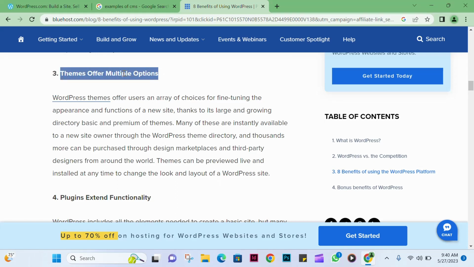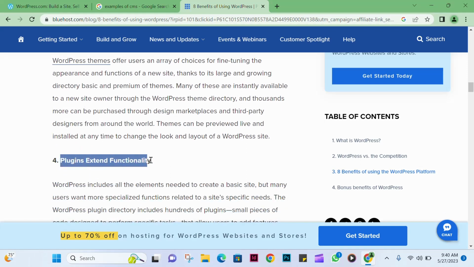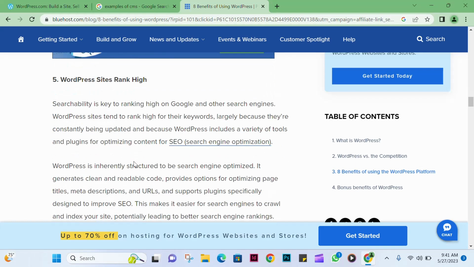We shall see what themes are. Themes are like appearance, how this website looks. That is a theme, how it appears. Then we shall also see plugins. Plugins add functionalities to our website. If we have a website and you want to add any functionality, you can get a plugin. You can also develop your own plugin. Basically you have to use PHP. So with plugins, you can add in anything that you really want. I'll give you some examples.